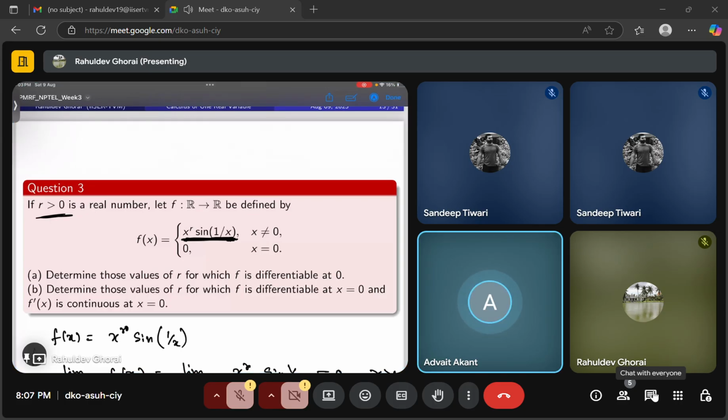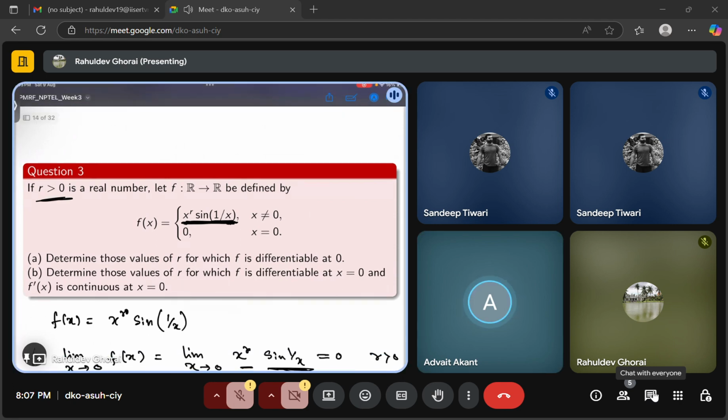For negative values of x, we could have a problem because x to the r could be undefined. For example, if r is an irrational number, or equal to half and so on. That's why you have to take a bigger r. I mean, r is in that case greater than,